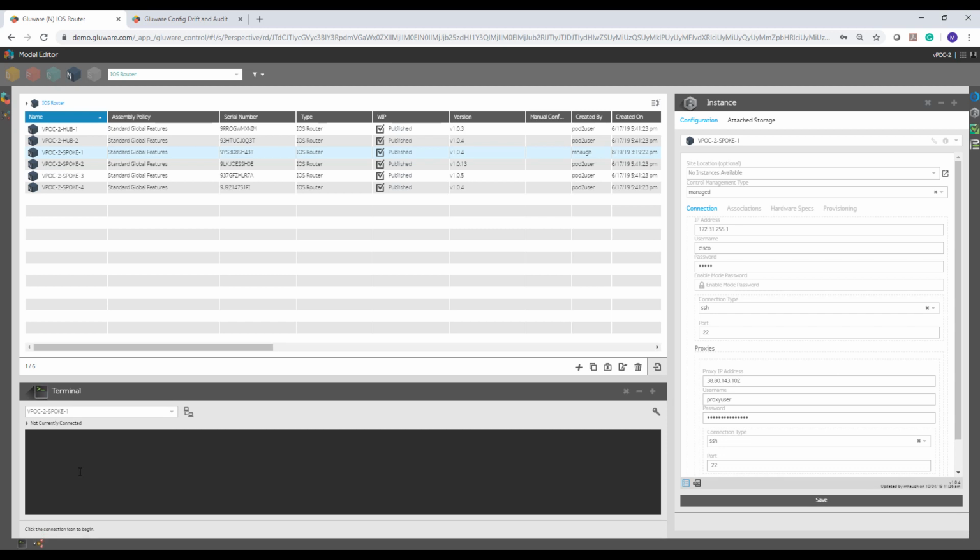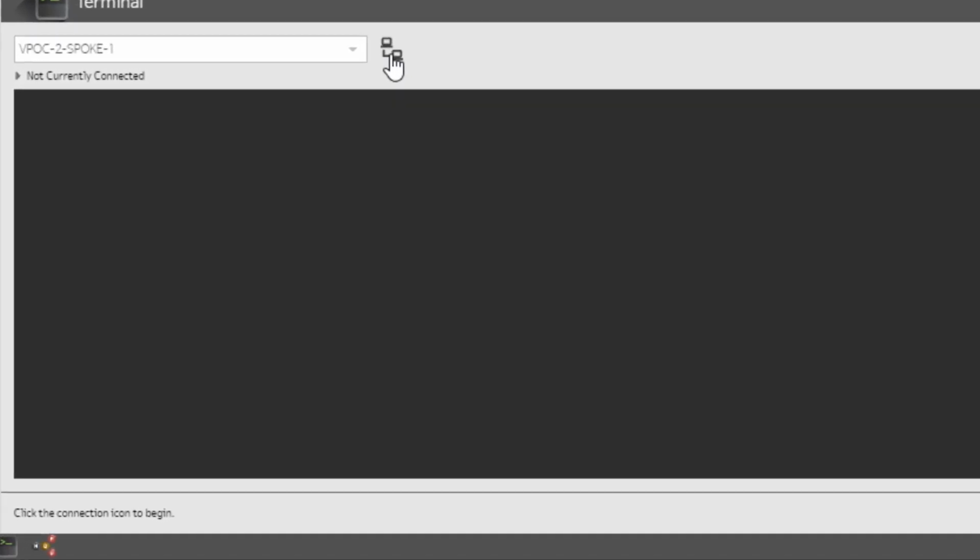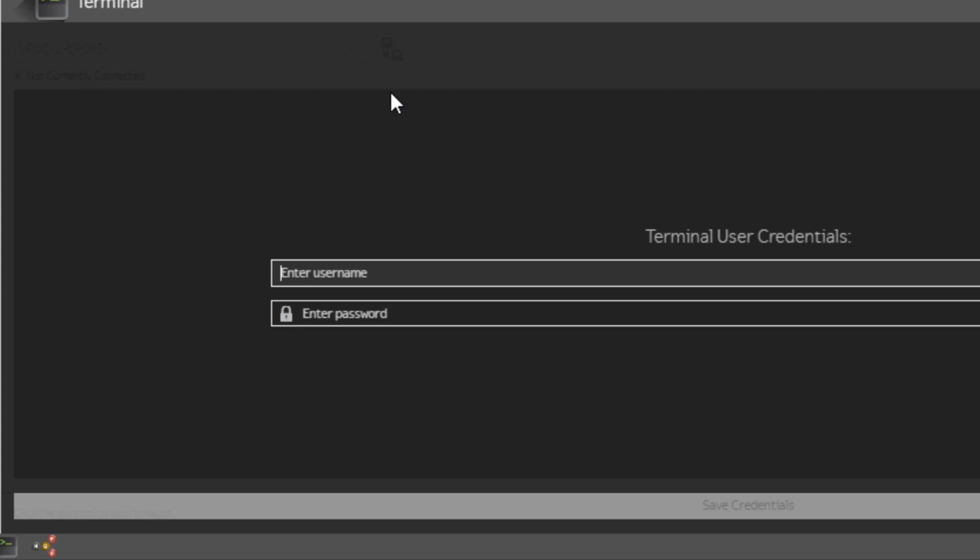Okay. So now we have a terminal window, and now what we want to do is log into these devices and make a manual change. So we're, in essence, creating drift like someone making an unauthorized change or someone working a ticket and making a change that may very well be valid. So let's click on the connect icon and let's enter the terminal credentials. So it's going to be Cisco as username and Cisco as a password, all lowercase,